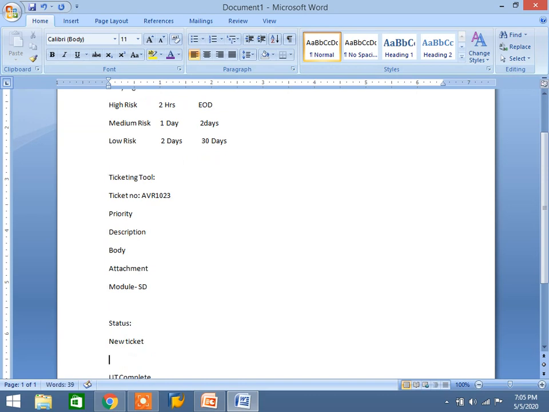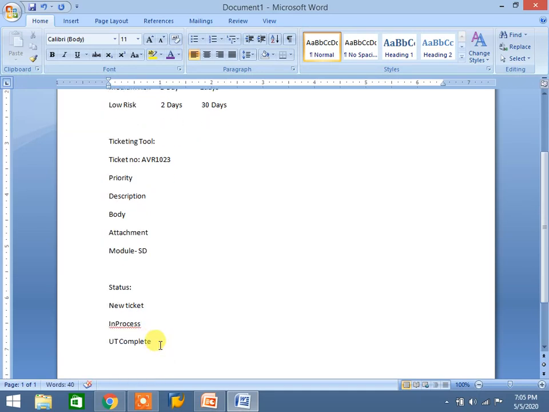While we have picked it, we can keep it as in process. Once we complete your solution and check it, UT completed, then we can attach our testing document against the user attachment. Then we can assign the TR in the ticketing tool. This is just an example; these processes change a little bit from ticketing tool to ticketing tool. I am letting you know the general thing.